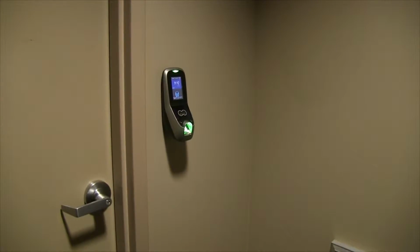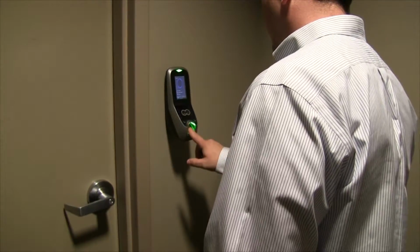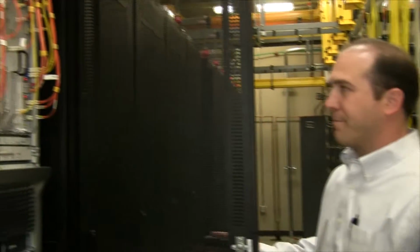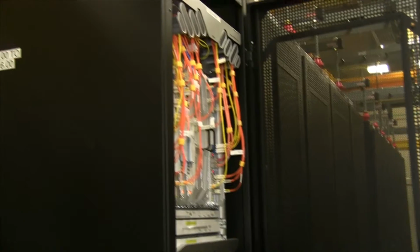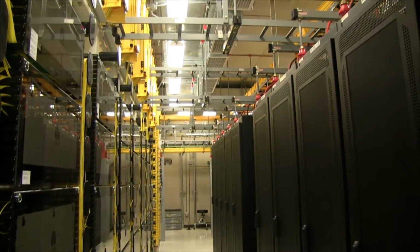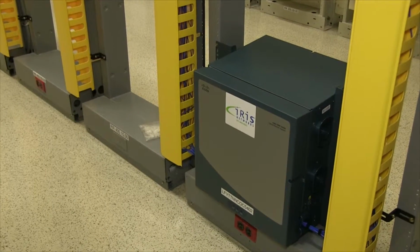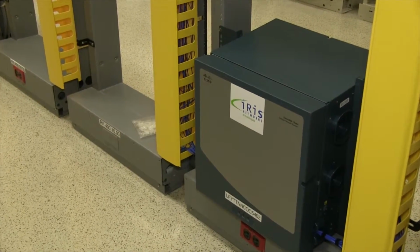And speaking of elements, you have a lot of elements in the data center. Why don't you give us some highlights of what you're doing in here? Sure. So this data center holds our network operations center. Our guys are monitoring what's going on in the environment. This facility holds our GenBand C15 soft switch. It also holds our Cisco core network for our internet customers, as well as all of our video equipment